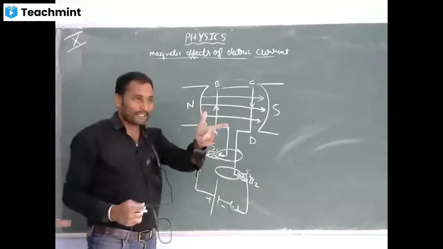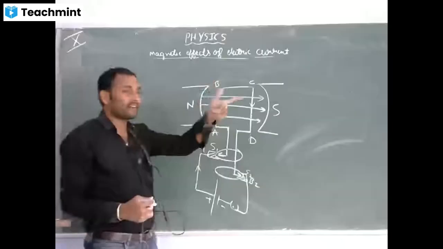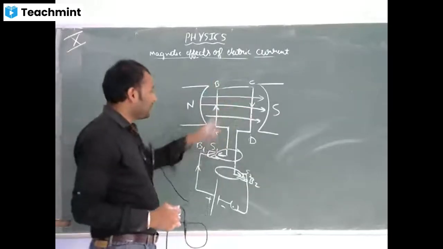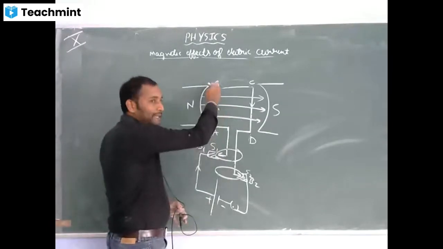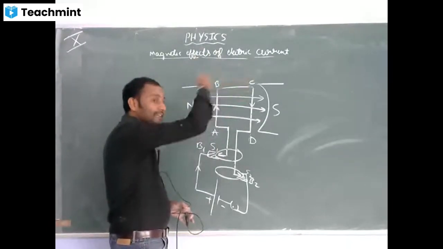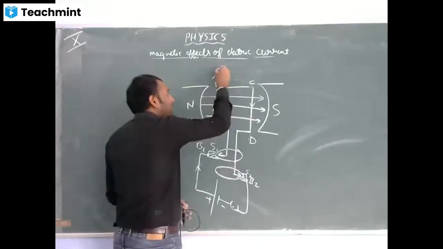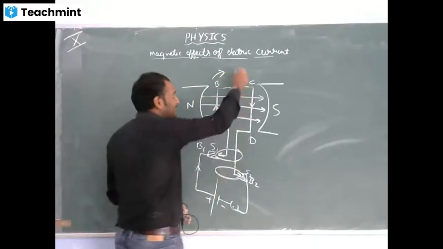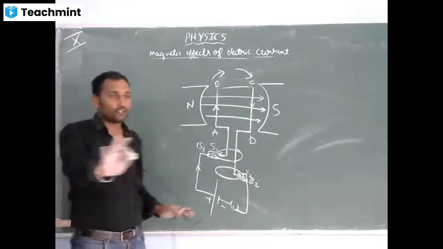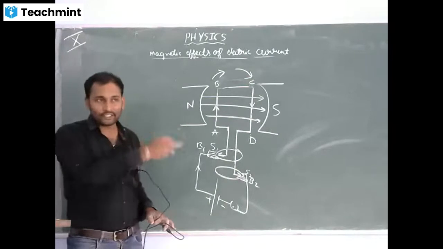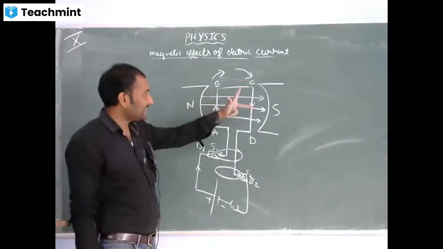According to Fleming's left hand rule, the thumb indicates the direction of motion of the conductor, the forefinger indicates the direction of the magnetic field, and the middle finger indicates the direction of electric current. So current is going from A to B, same as in the last case of DC. The direction of AB is downward, right? The direction of CD is upward. So in the first rotation there is no change. So current is going up, and the magnetic field is this side.